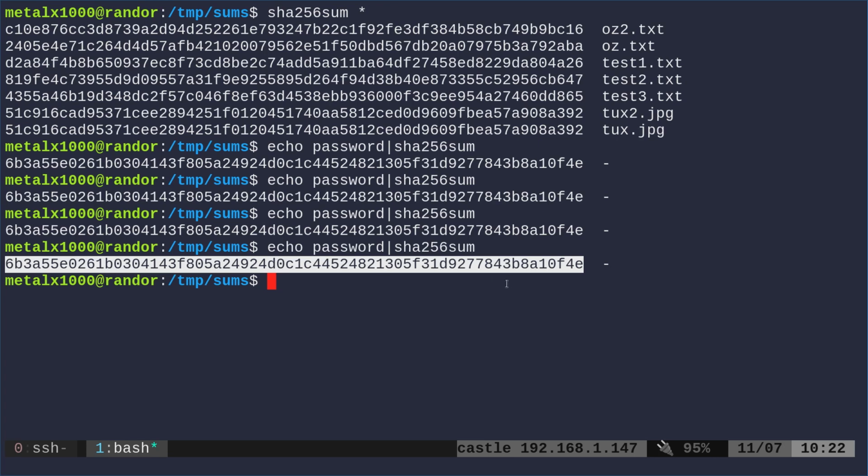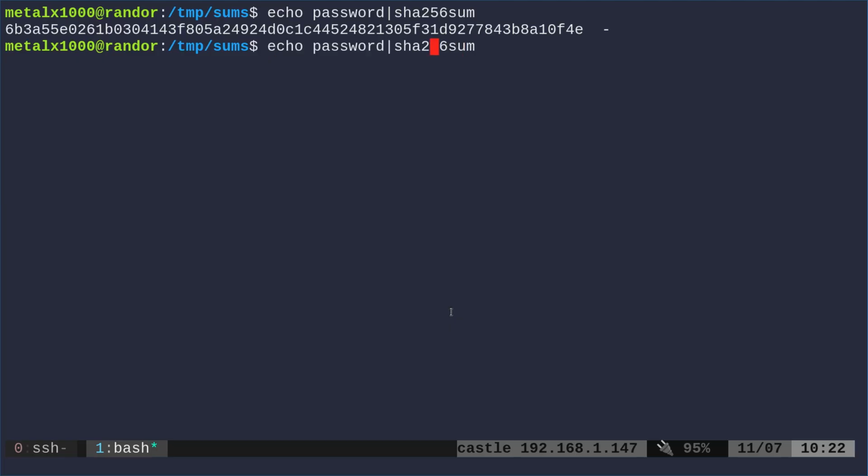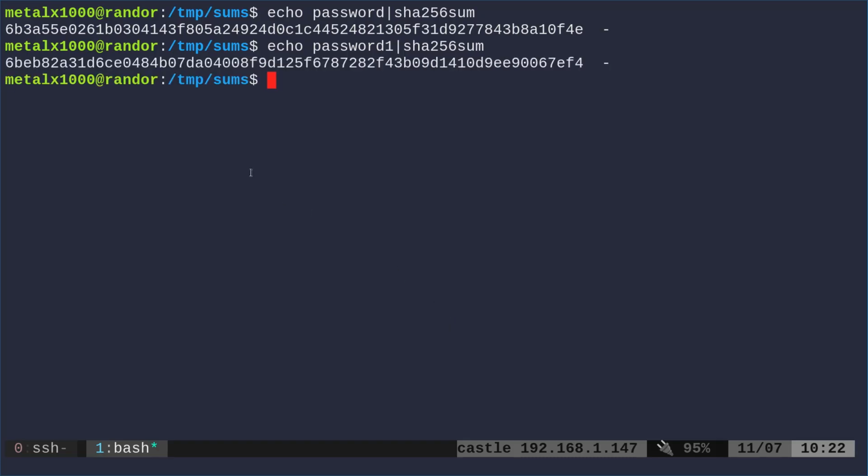But another thing is, websites should add a salt. So this is called a hash here, and then you want to salt the hash. You're going to take it and add some sort of random information on there. Again, password will always give this, but if that website decides to create its own salt, and I don't really know exactly how they do this, I think they could theoretically use your username or your birth date, or just some random information. But just adding, again, the number ones at the end of that gives me a completely